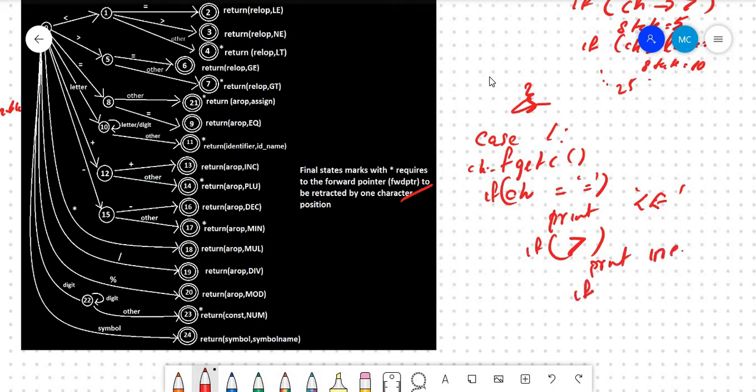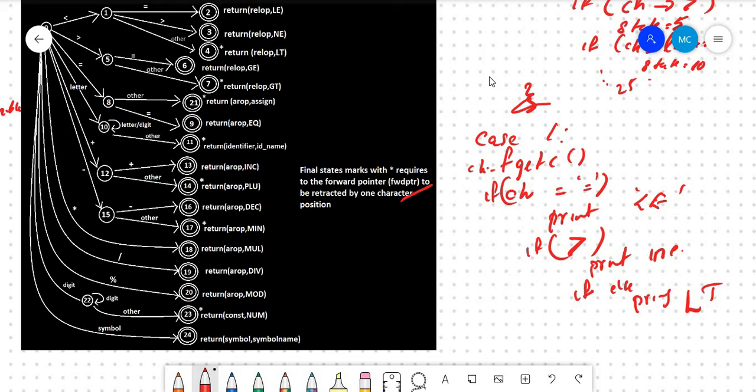If it is something else, you will print that you got the less than operator. Like that for each state you have to write.